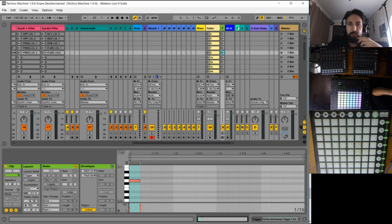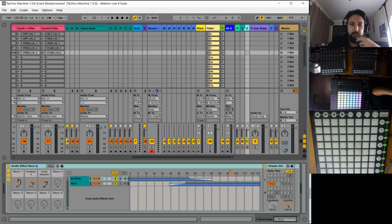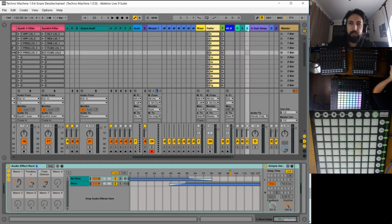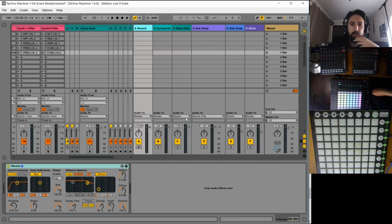So I've got a reverb send. I've got a dub delay send. Oh no, I've got a delay send, a short delay send, a dub delay send, and an overdrive. I want the audio of all these to be sidechained as well, so I'm going to open these up wide so we can see the audio too. So instead of master,